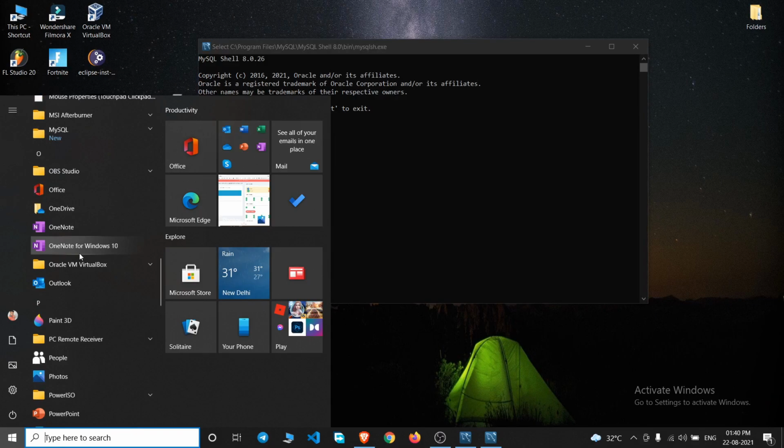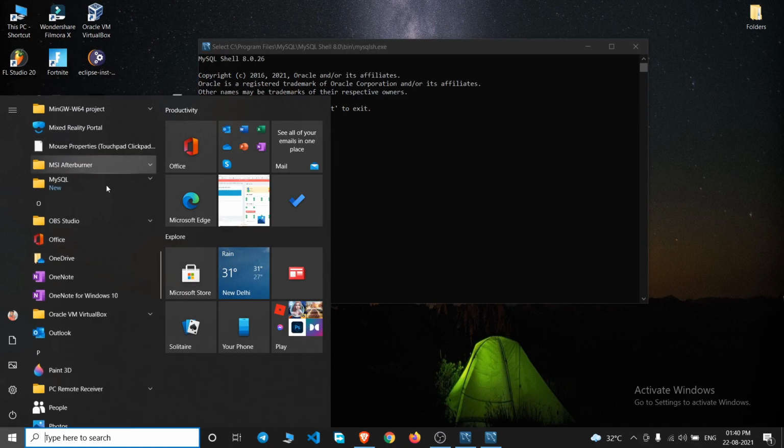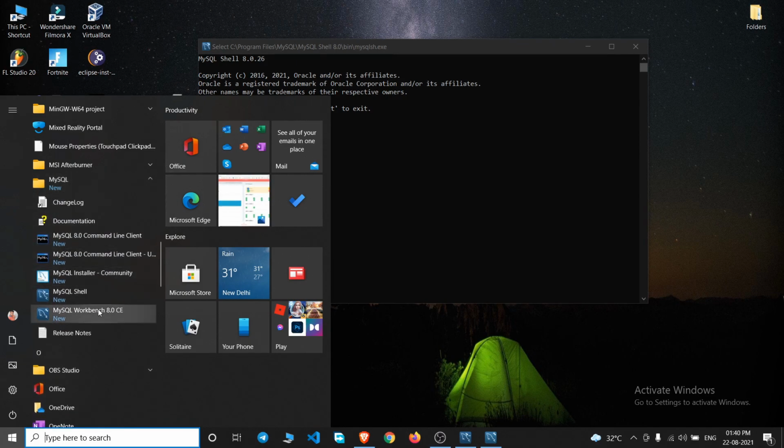You can see the MySQL folder here. Just click on this drop down and you can see these applications inside this folder. This is the shell and this is the workbench, right? So if it doesn't open, you can always go to Windows search and open from here.